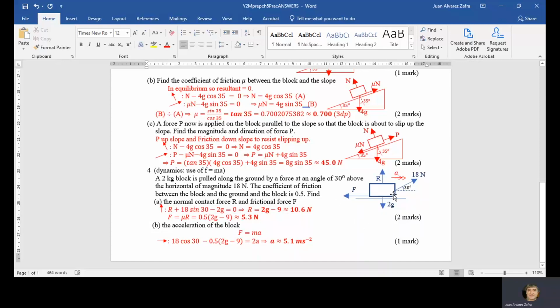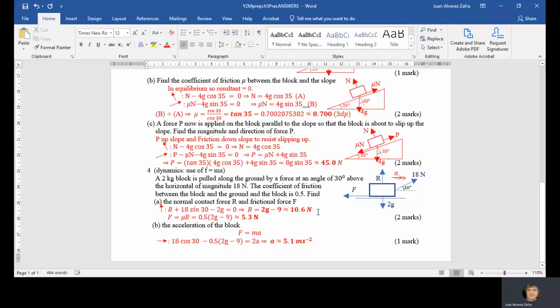Okay, so this is accelerating. So we're going to use Newton's second law, but it's accelerating horizontally. So vertically, there's no acceleration. And that means we can resolve vertically and use the fact that the net force is 0. So the forces acting vertically are R. There's the 18 newton force, and its component vertically is going to be 18 sine 30. And then there's the weight force, which is acting downwards. So the net force is going to be 0. And from that, we can get that R equals 2g minus 9, because sine of 30 is a half,